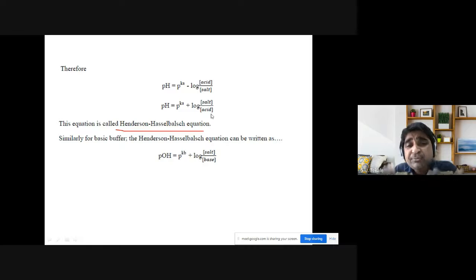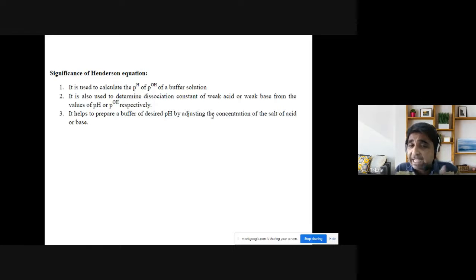If we know the pH or pOH, which can be practically determined with the help of a pH meter, we can use the Henderson equation to calculate the dissociation constant of the weak acid or weak base. And this equation also helps to prepare a buffer of any desired pH